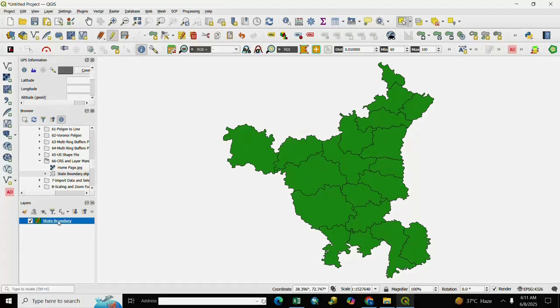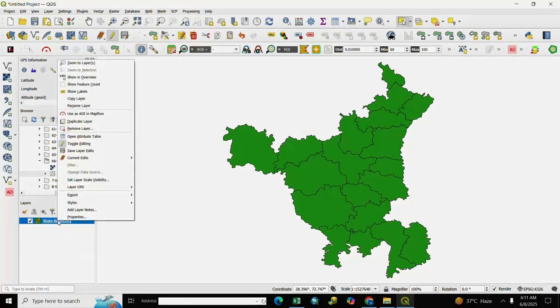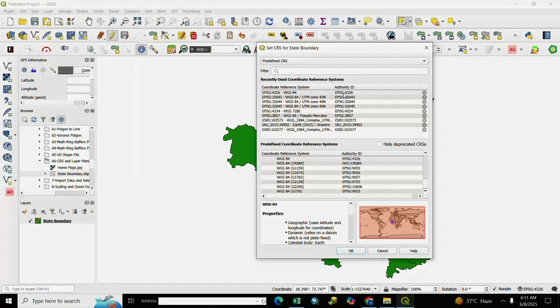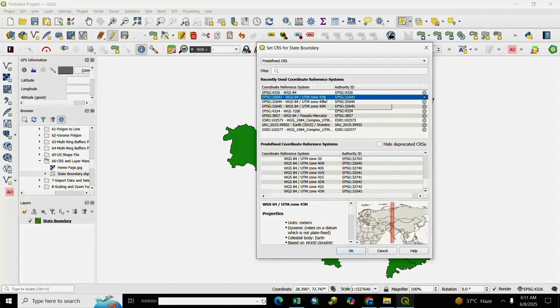and if you want to change it, for change it, you right click and go to layer CRS and you select as per your requirement. Otherwise you go to set layer CRS, and if you want to change it to UTM zone, you select here UTM.